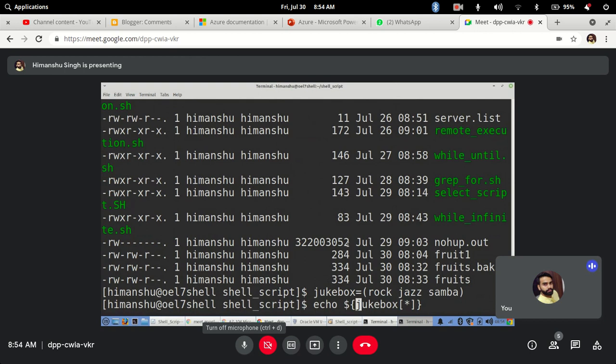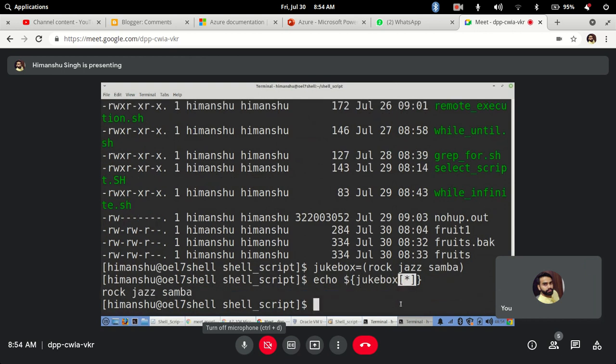Only thing is here you will have to define a square bracket and what particular position you want to print. Clear? If I hit enter, it will display the values stored inside my array.